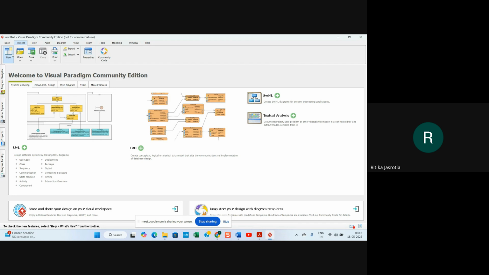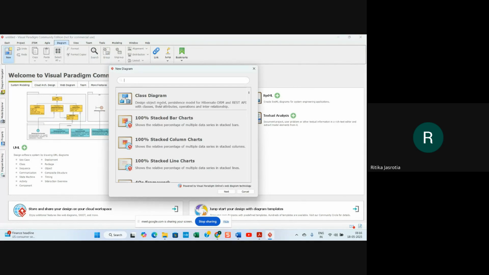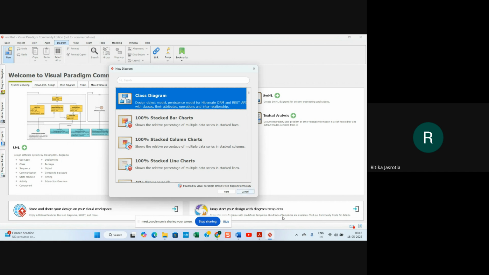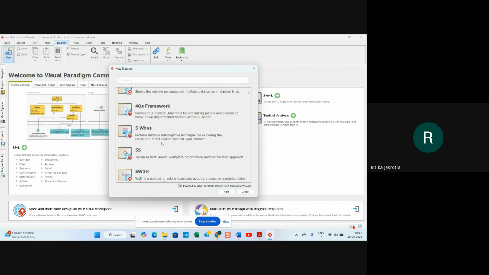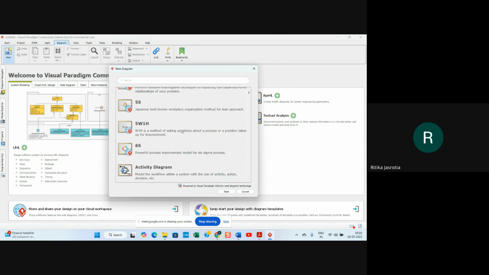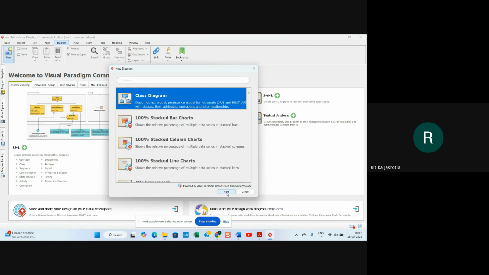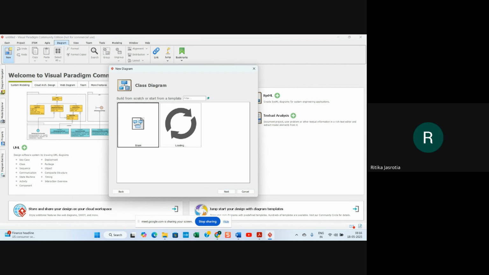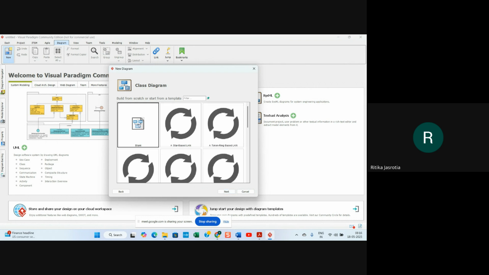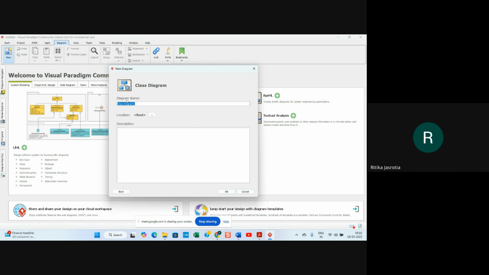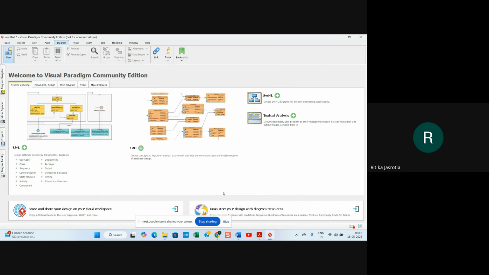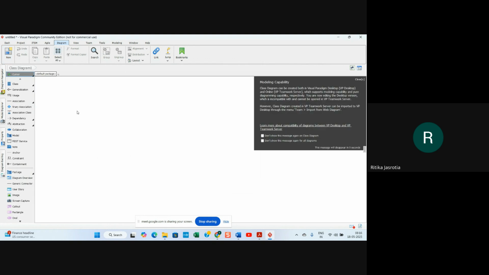So, this is what opens in this. I'm just going to diagram, and I'm saying new. You can open a class diagram. There are different types of diagrams here, activity diagram, whatever. So you can open that. I'm taking a blank diagram, right? And you can give the diagram name here. I've just opened it like this,